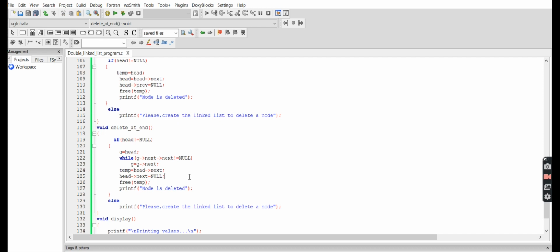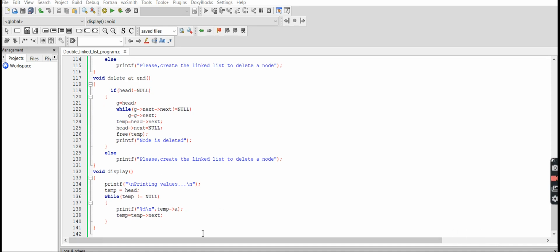For moving to the last value, until we reach the last value, the while loop runs, because the last node's next is null. After that, g of previous of next is assigned to temp, and null is assigned to the next. After the separation, free the temp and then print that the node is deleted. If the condition is false, then it comes to the else part and prints please create the linked list to delete your node.